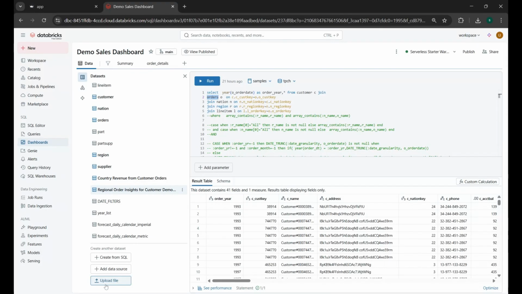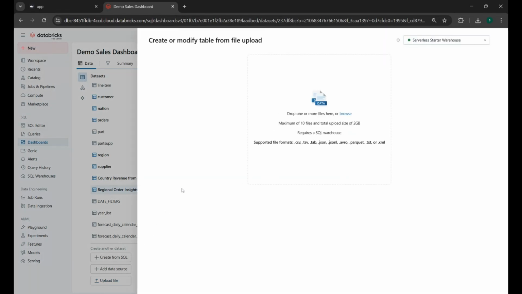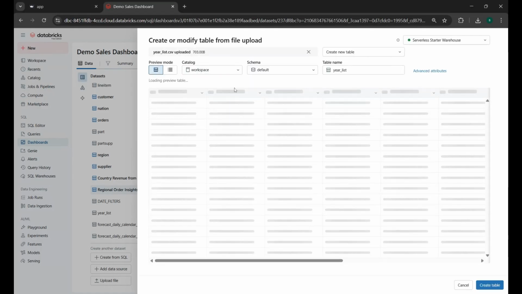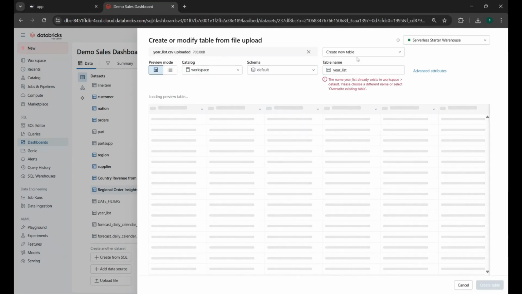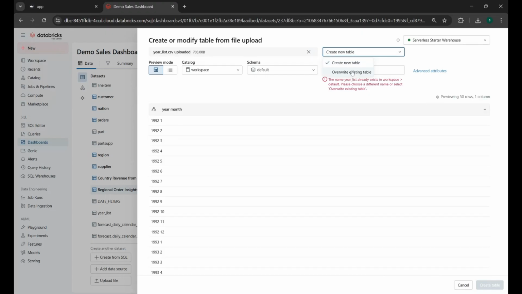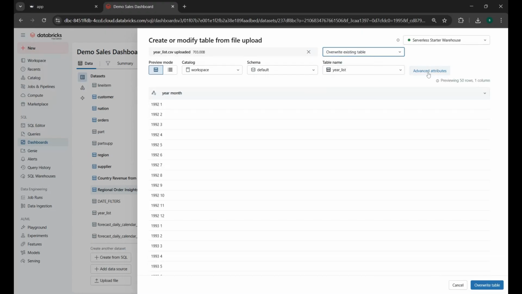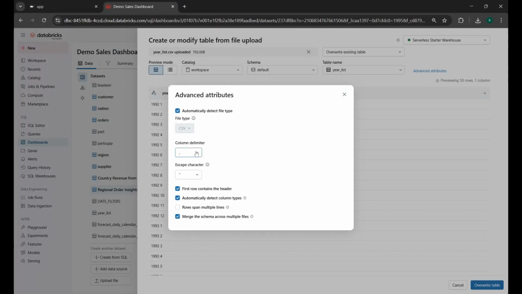And one more option is you also have an option to upload a file. Once you click on upload a file, it will go to your downloads. Then once you click on this, it will go and create a table. It's similar to the data loading in other